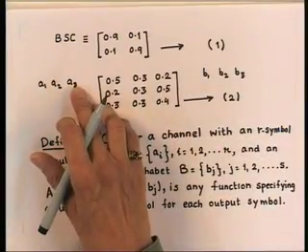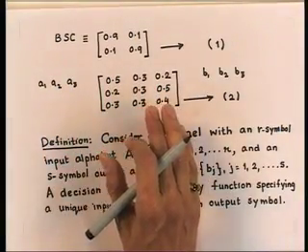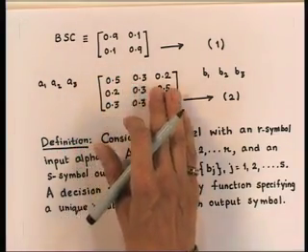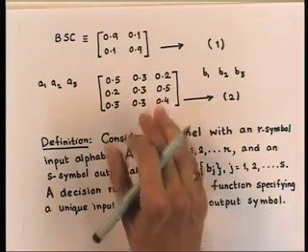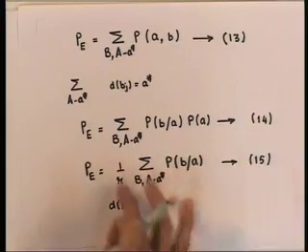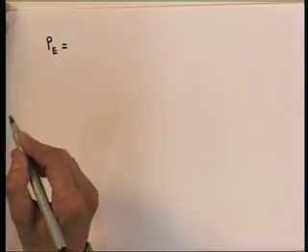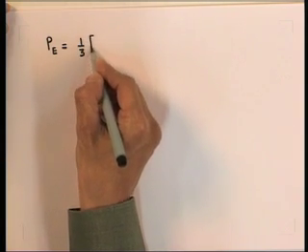Now, for the same channel matrix which we considered earlier, if we assume that all the 3 input symbols, that is A1, A2, A3, are chosen with equal probabilities, then we can apply a maximum likelihood decision rule. If we use that rule, then the minimum probability of error which we will get for such a channel would be given by this equation as follows. Probability of E is equal to 1/3 summation over